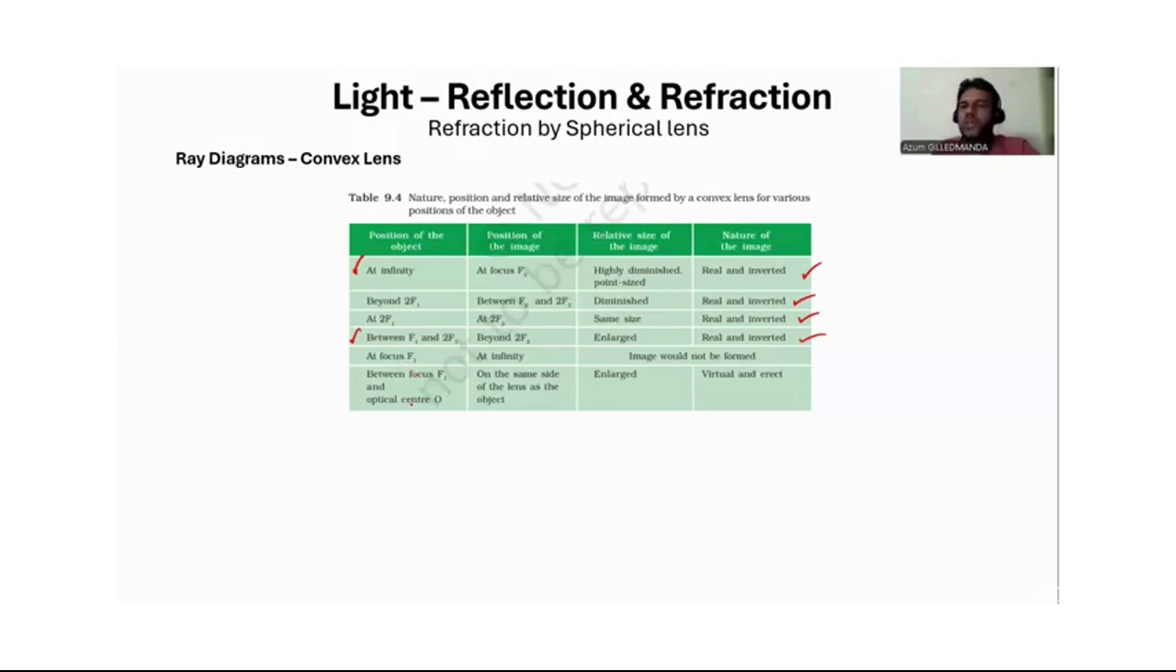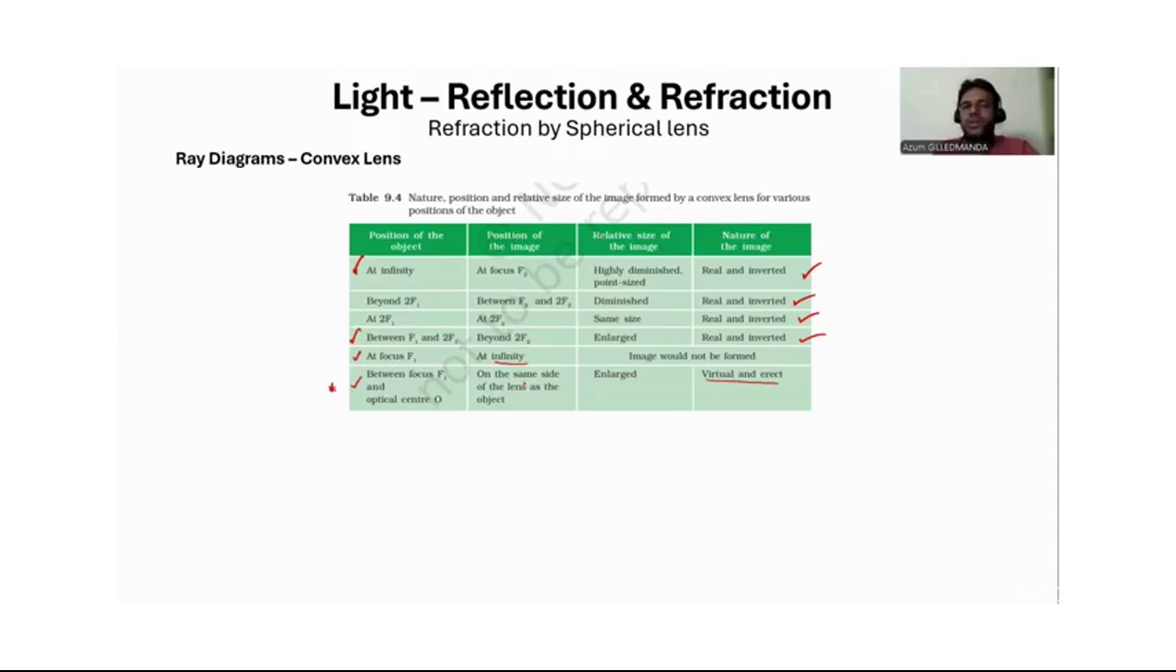What happens if it is at focus? When the object is at focus, the image forms at infinity and would not be formed, so we cannot see that image. And then between focus and optical center, what happens between F1 and O? This is the special scenario where we get a virtual and erect image. So far, what we saw is real and inverted in all the scenarios, except this last scenario where the object is between F1 and O, and we get the image on the same side, a virtual, enlarged